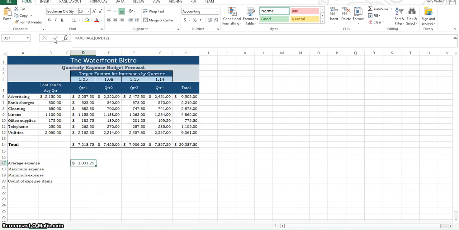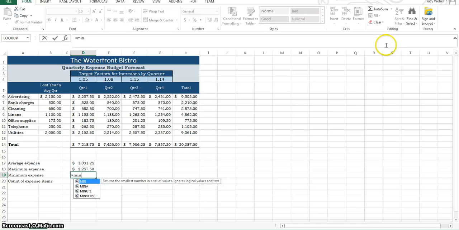Make D18 active. Click the auto sum arrow and then choose max from the drop-down list. The max function returns the largest value in the argument. Type D6:D12 and press Enter. Excel returns the result, $2,257.50 in cell D18. Typing the range into the formula is sometimes faster if you are sure of the starting and ending cell references. With cell D19 active, type the function =min parenthesis